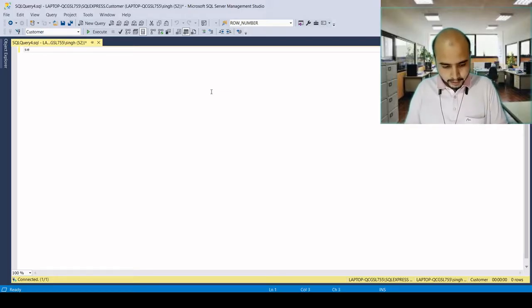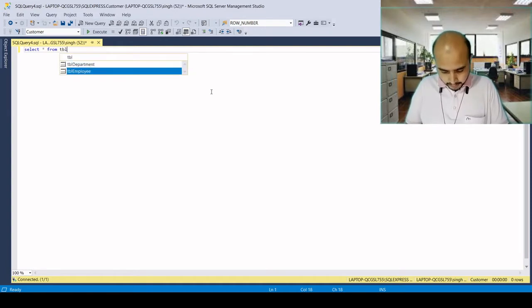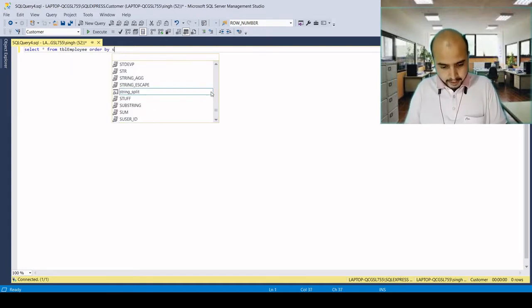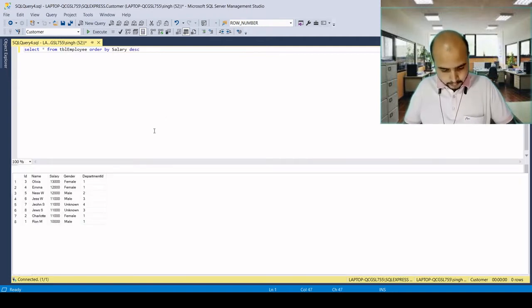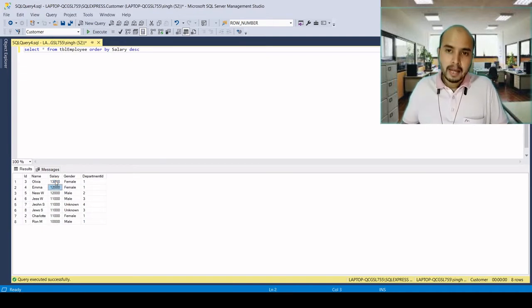So here we have a table called TBL employee, and let's order by salary in descending order. Here we have 8 employees and the highest salary is 13,000, the next is 12,000, then 11,000, and then 10,000. Here we need to extract the third highest salary. So the first way is by the dense rank